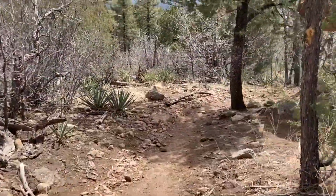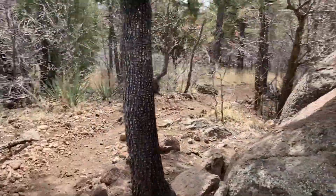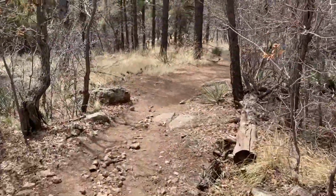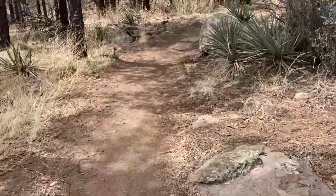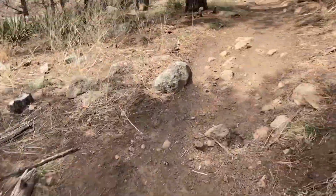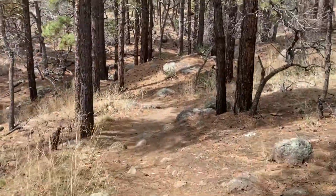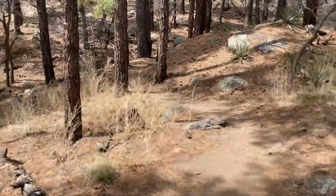All right, we are circling Mount Elden now. That's a cool rock formation, and the trail is a lot more rocky and technical, and the vegetation is completely different. Now you've got all these semi-arid desert shrubs and plants. Even though we're still going into ponderosas, it's just a kind of a weird, confused